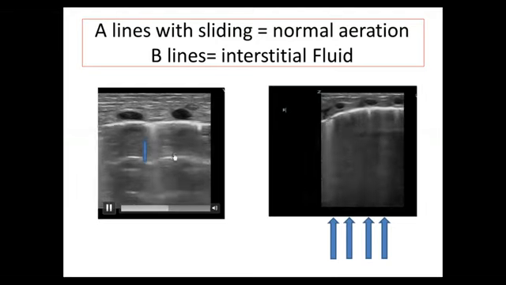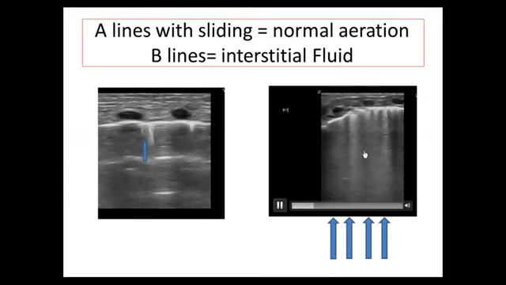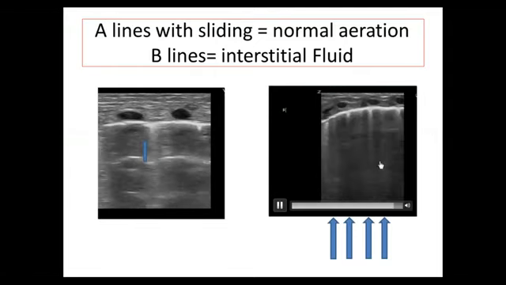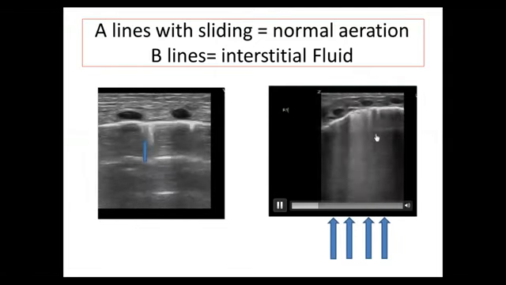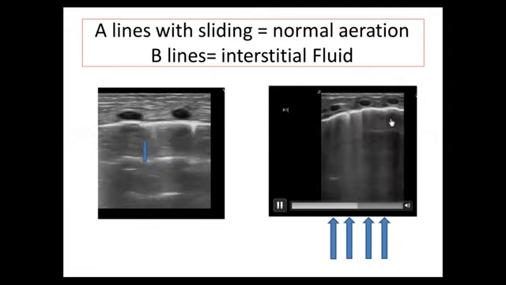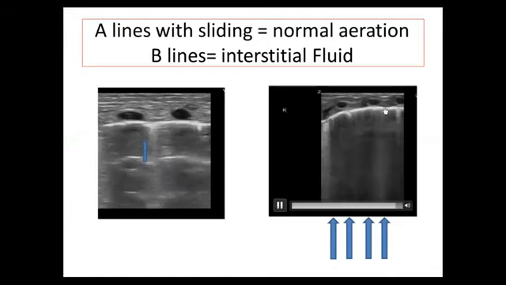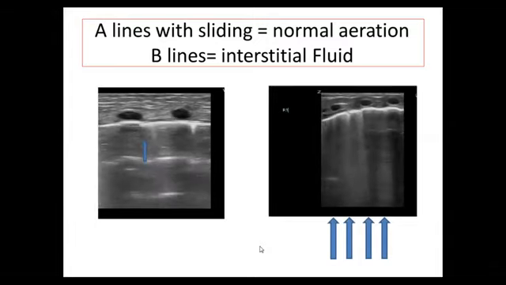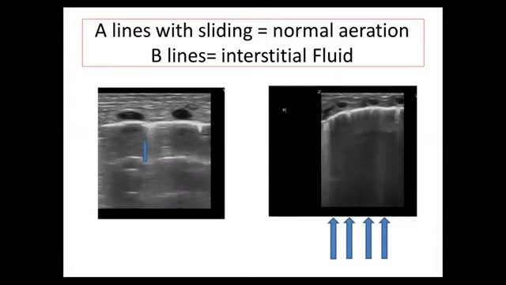You have A line very clear here, and there is no A line in this image, basically just B line. So you have the impression of significant interstitial fluid. If you have 2 or more longitudinal B lines, that's enough to give the impression that there is significant interstitial fluid,